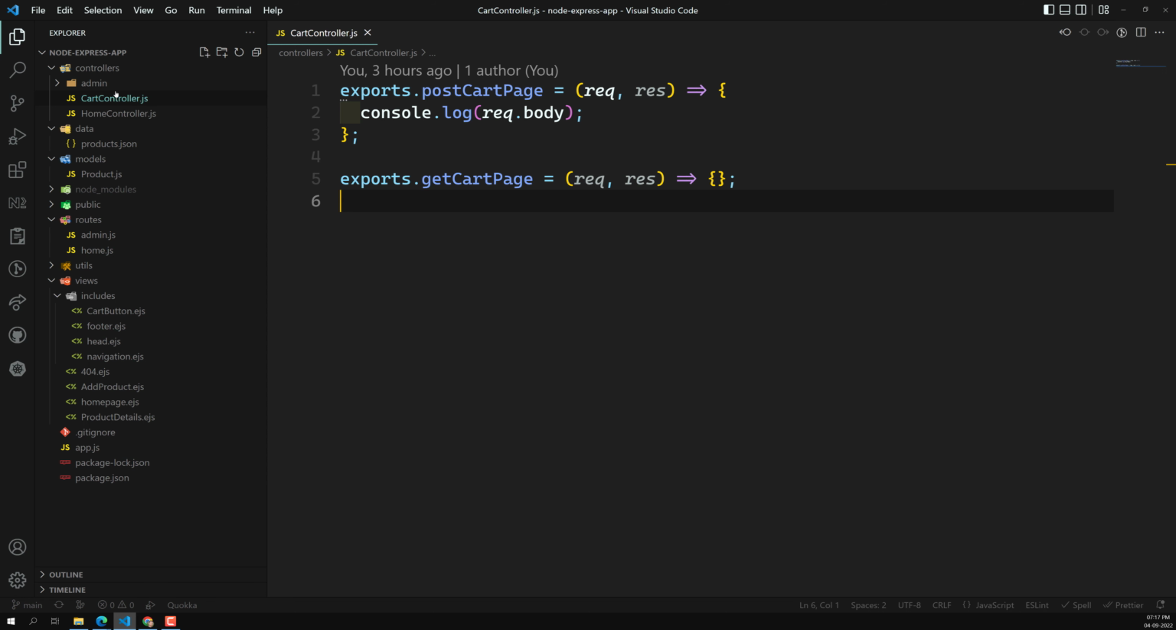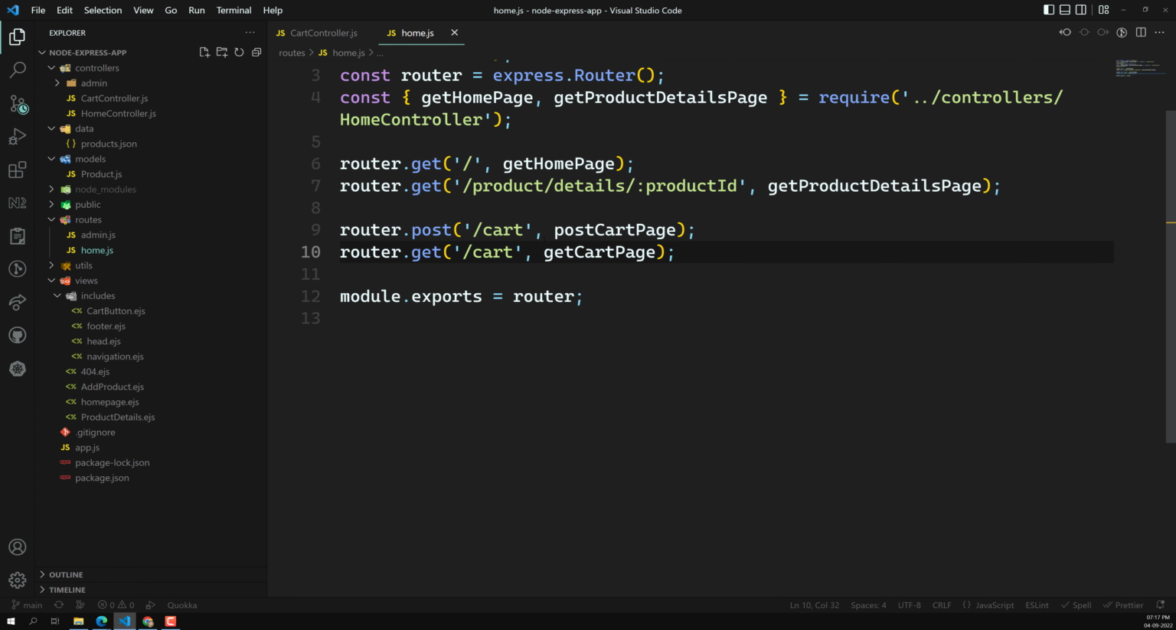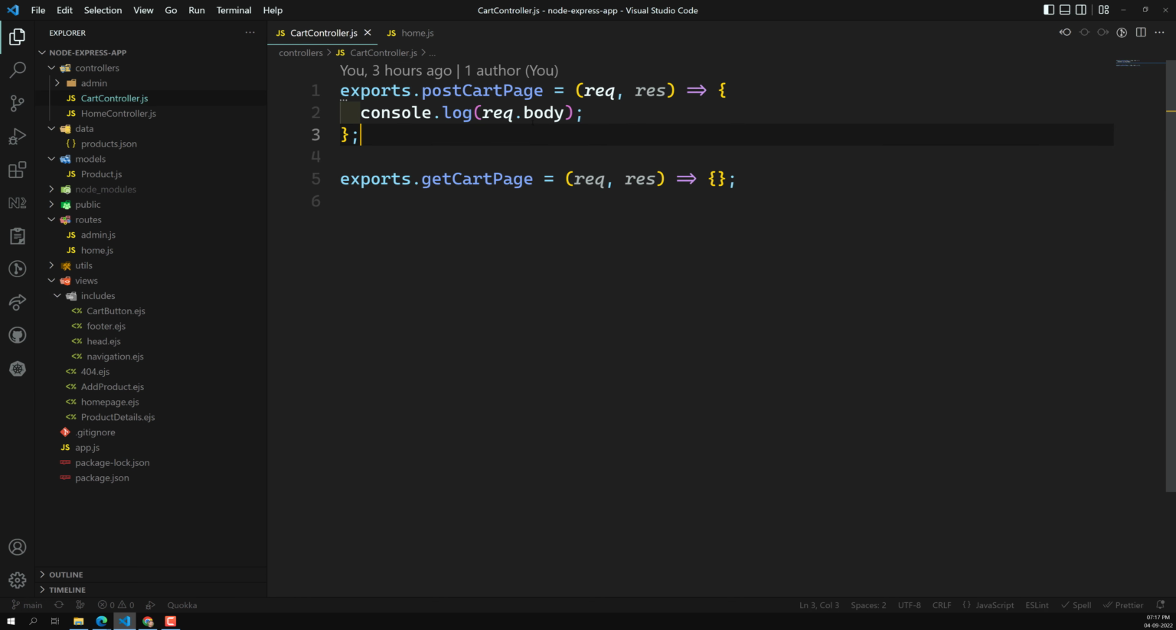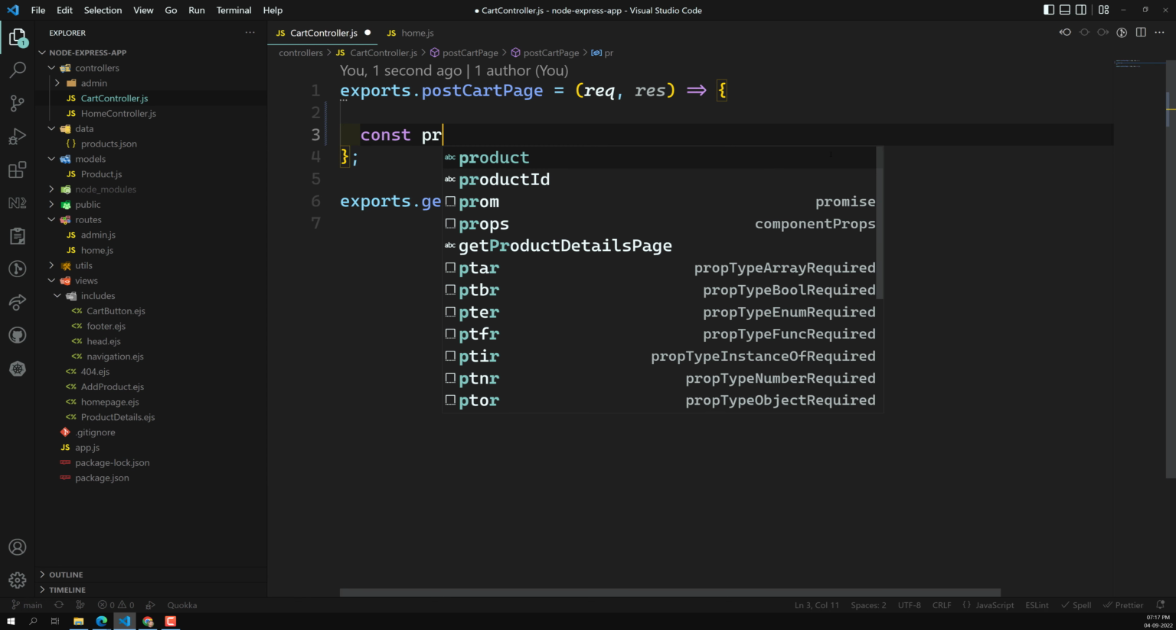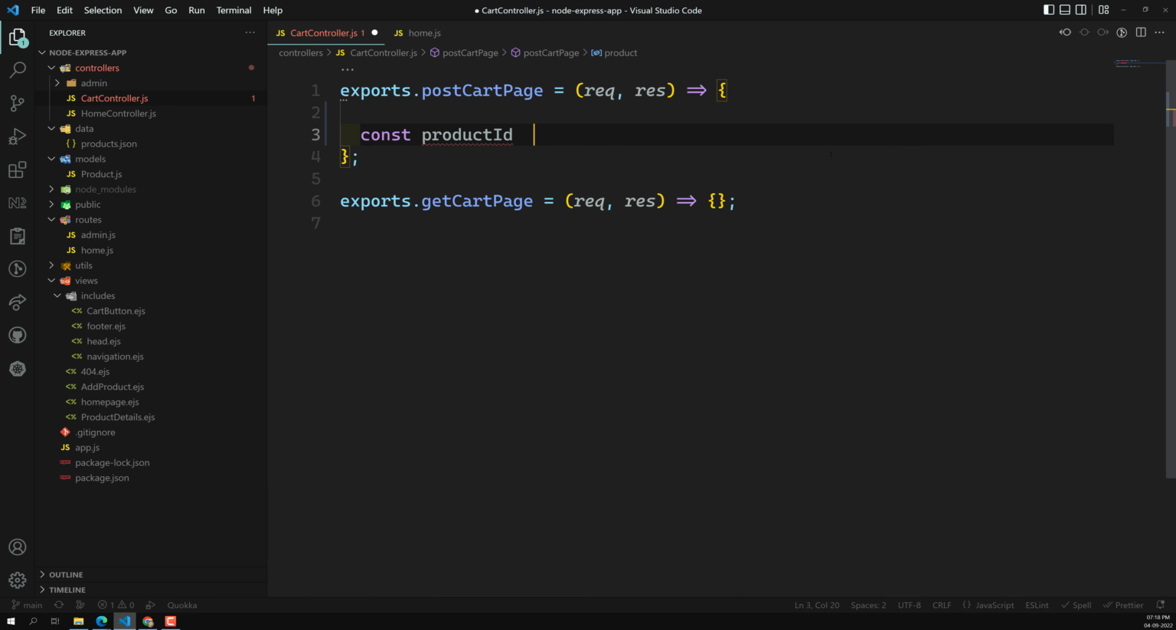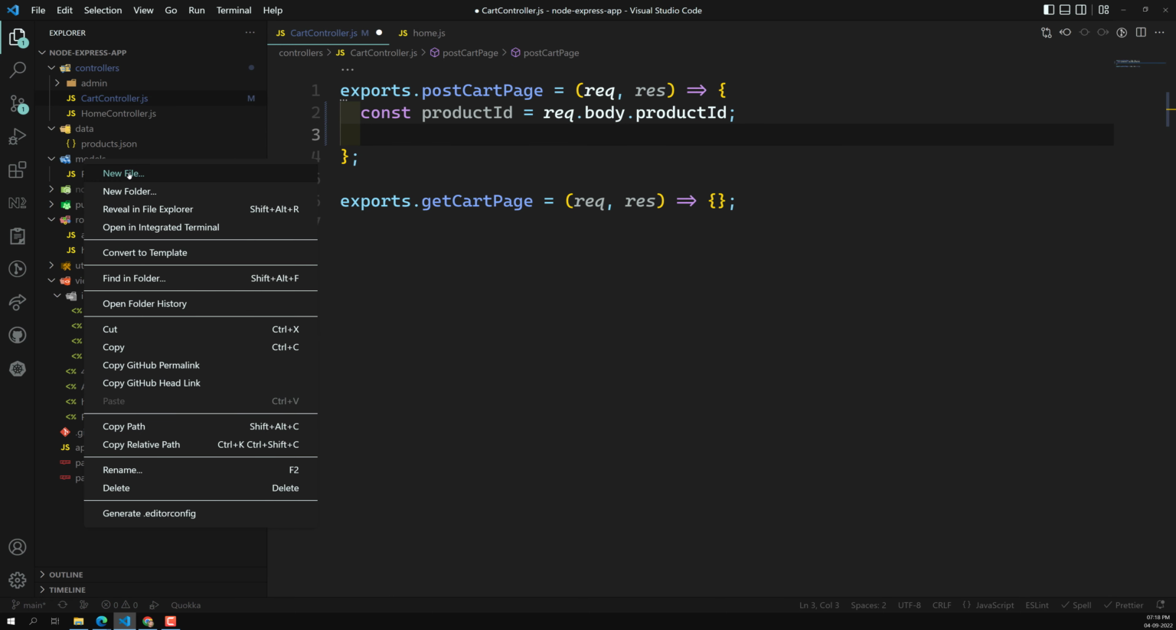Here, this is our cart controller, and if you go to the routes, whenever we get the data, this is the post cart page. If you go into this controller, this is the post cart page, and here we got the request.body, which is nothing but the product ID. So productId is equal to request.body.productId. We got the product ID, and now we need to create the cart.js